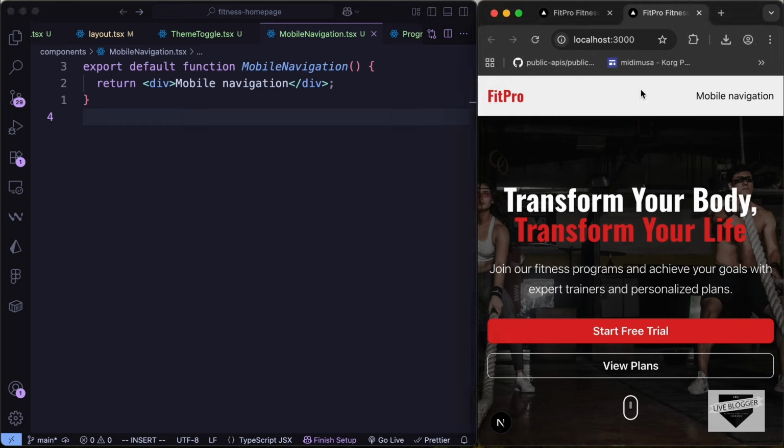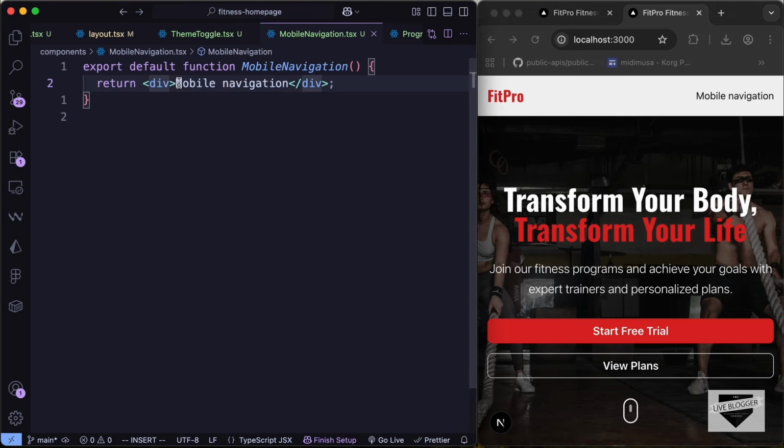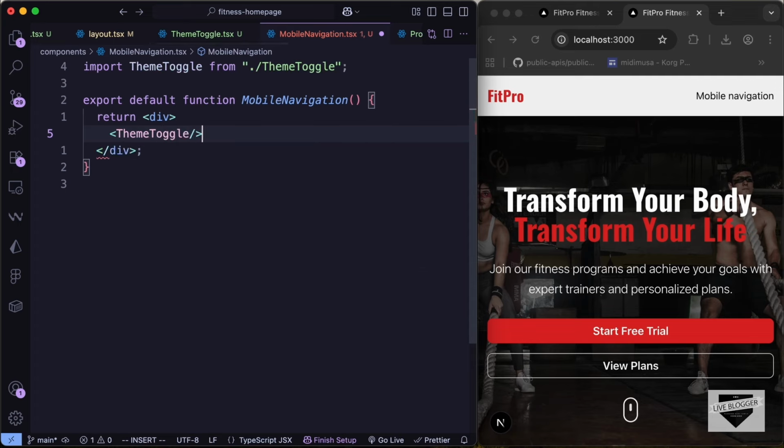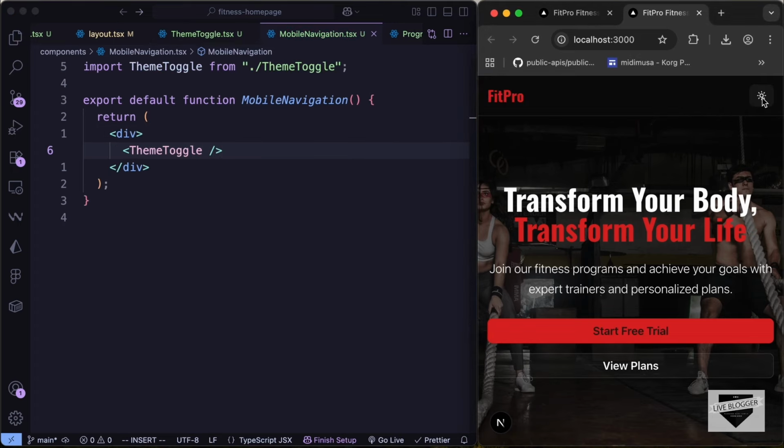Now here first of all we need to have this mobile menu icon, and also we need to have this theme toggle button. So here let's go ahead and add the theme toggle button over here. So let's type ThemeToggle. Let's import it from the same folder, and here we can see we have the theme toggle button and it